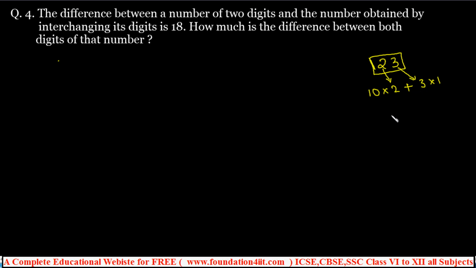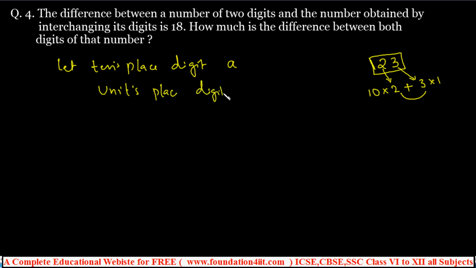Now let the tens place digit be a and the units place digit be b. Then the number we can write,